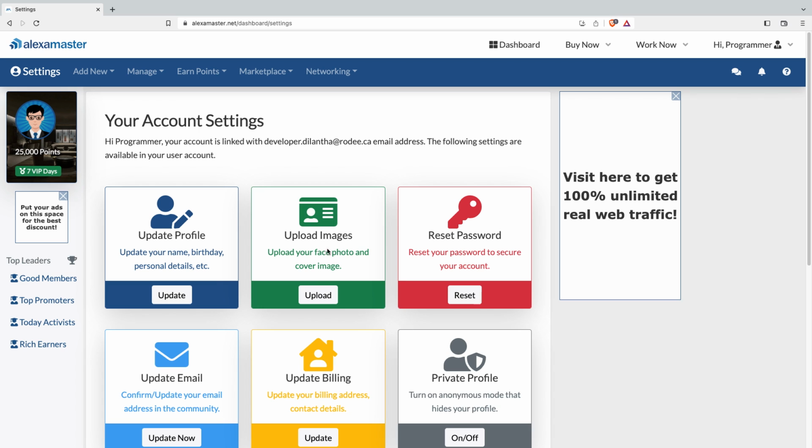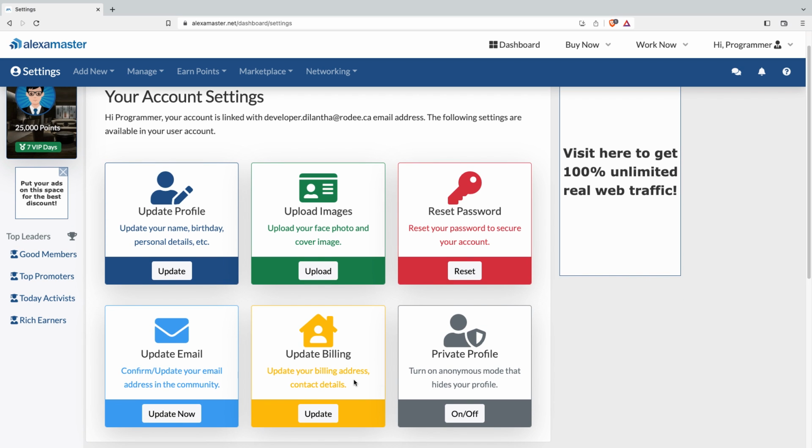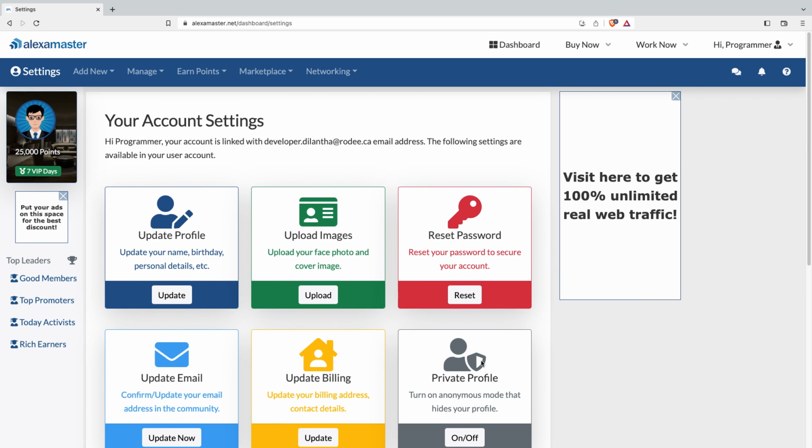Also, it helps you to upload images, reset password, update email, and update billing details. Also, you can convert your account into a private profile, then other people cannot see you. So these features are here under your account settings. And let's say also